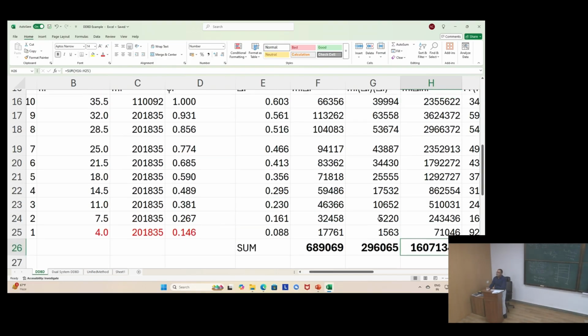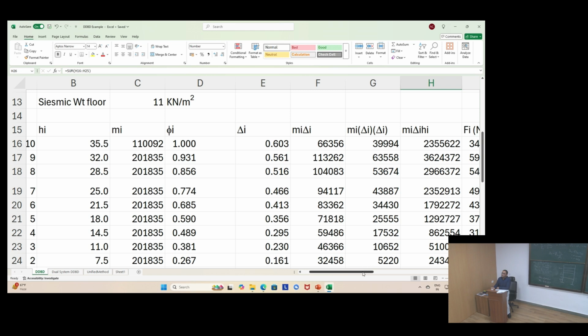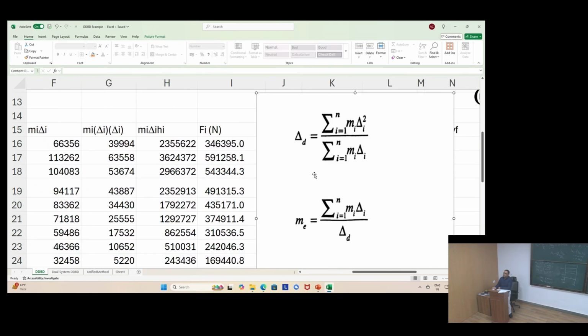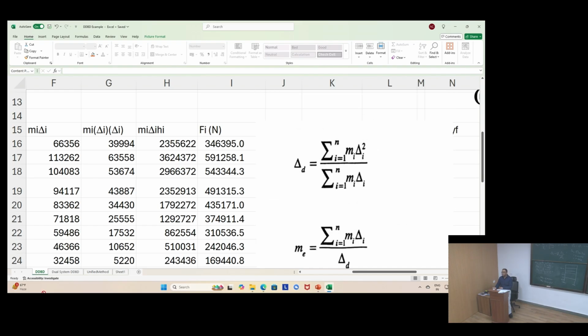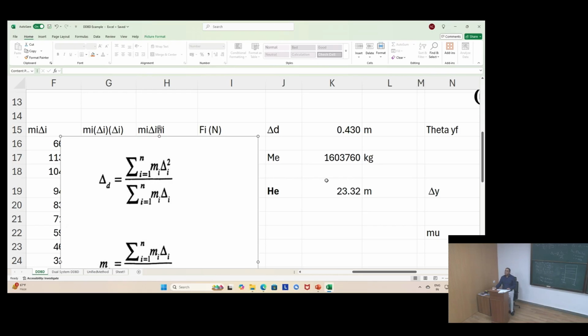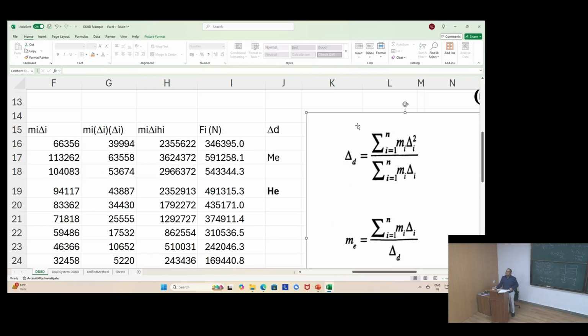So your ME is 2.327. ME is 1603760 kilograms, and that is essentially F26 divided by K15. So if you look up where F26 is,